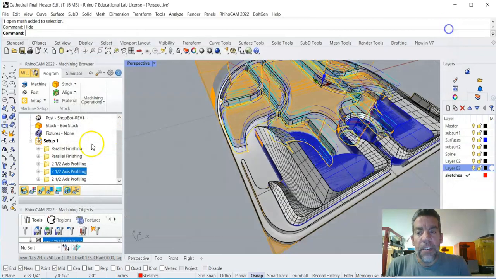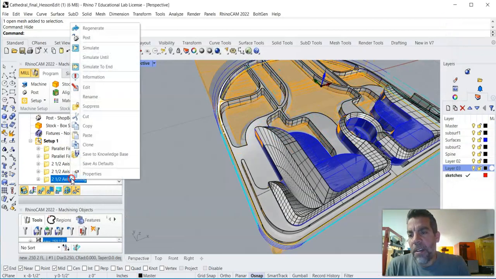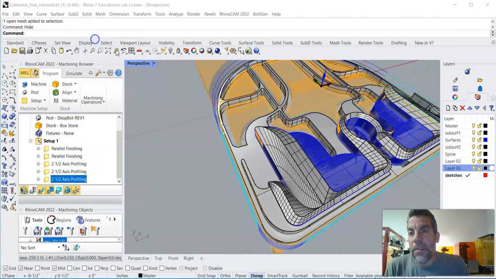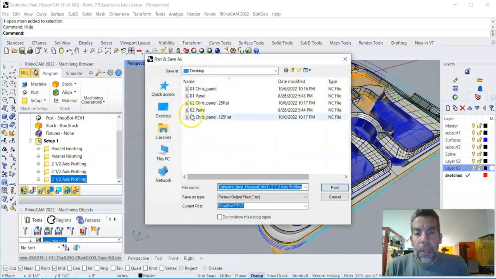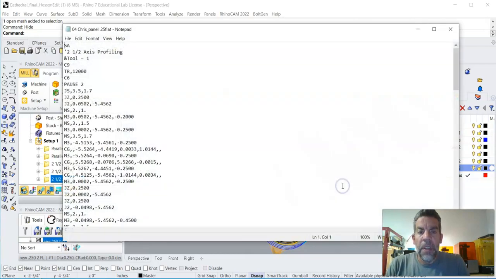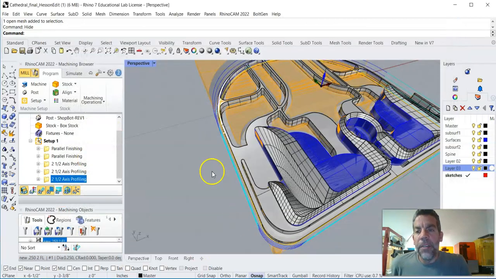And there's that G code, and those are profile stuff. Post process is really fast, so it's really simple. And then we have 04, and this would be 04 and 0.25 flat and post. And so now you'll have all those files that you could run just as they are